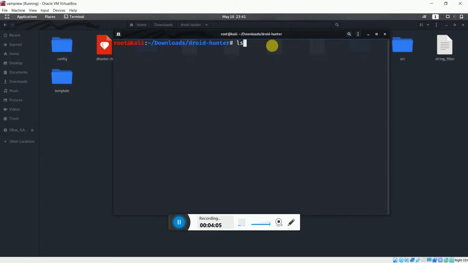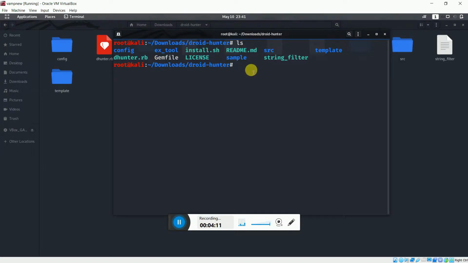I'm gonna put ls here so that I can see the files clearly, and here we have install.sh. So type ./install.sh, hit enter here, and it will install all the necessary files that are required to run this Droid Hunter.